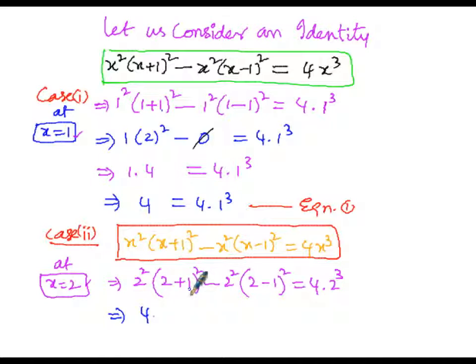So here it is 3 square. That is 3 square is 9 minus 2 square is 4 into 2 minus 1, 1 is 1, 1 square is 1, then that is equal to 4 into 2 cube. So now that implies 4 is common here, so when 4 is taken out as common, then 9 is left over minus 1, that is equal to 4 into 2 cube. Then the next logical step will be 4 into 9 minus 1 is 8.